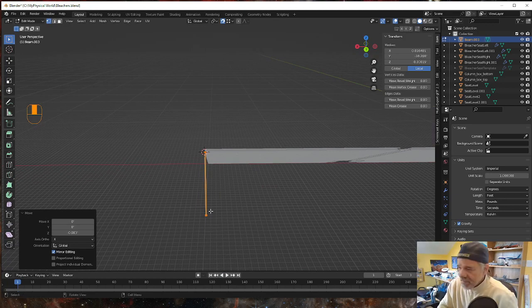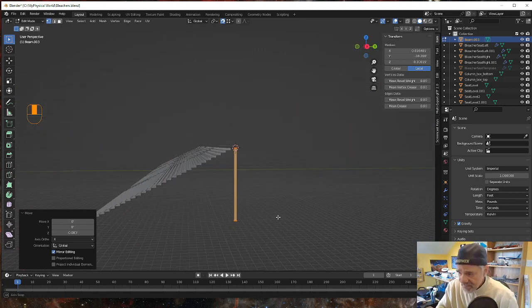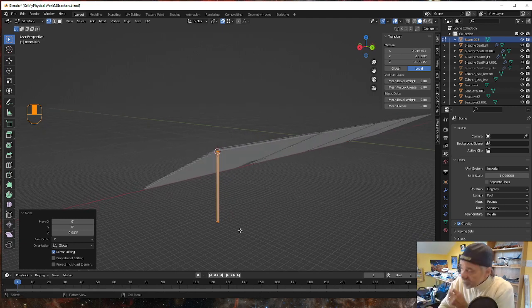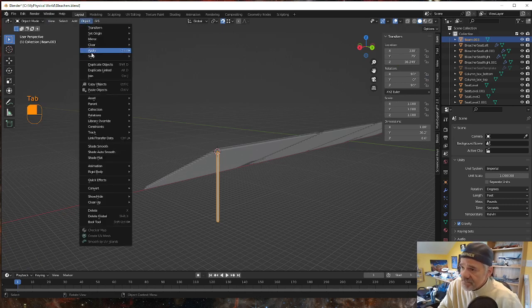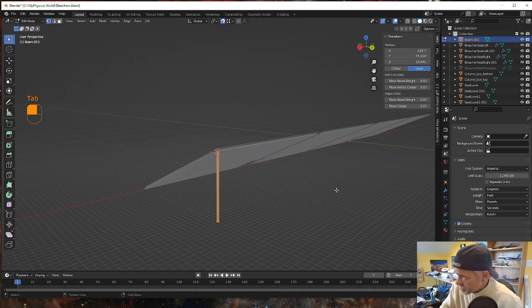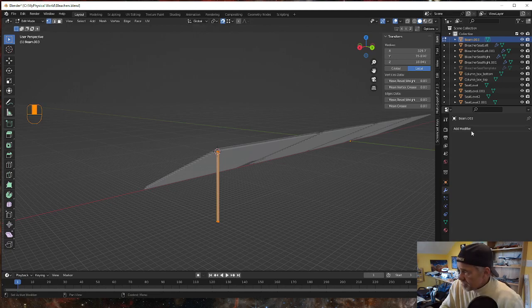Now, usually what I do when I make something that's kind of complex, I try to make one copy and then do my array. But if you wanted to do it the long way, you can actually start at this point right now, and let's tab out. I'm going to go to Object, I'm going to apply all transformations. Okay, and then I'm going to go back into edit mode with tab, and we're going to come over to the wrench, and we're going to do an array,